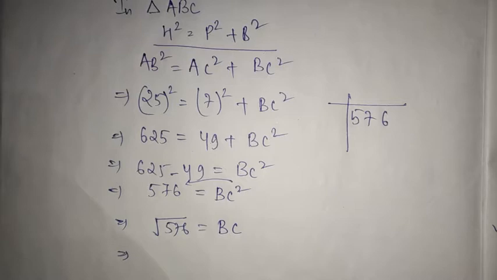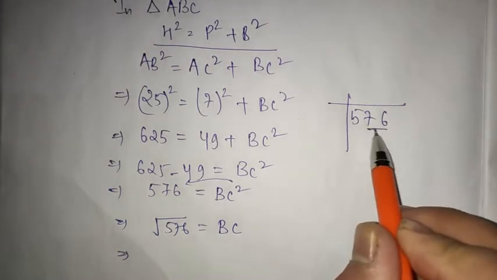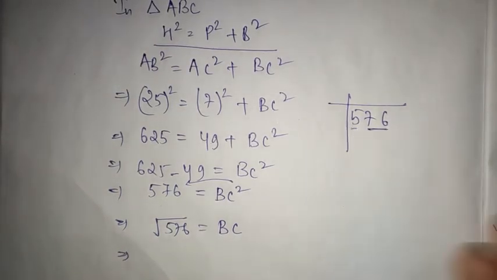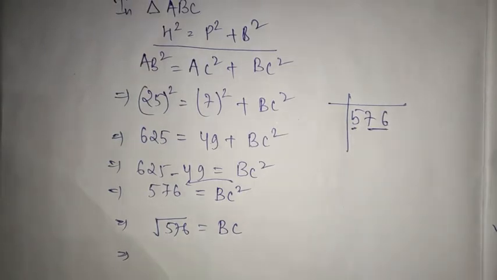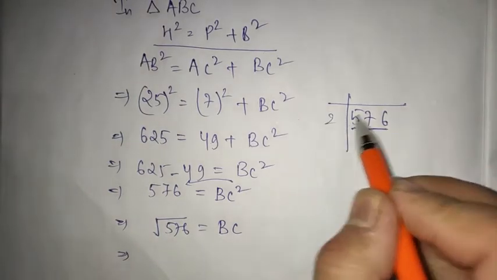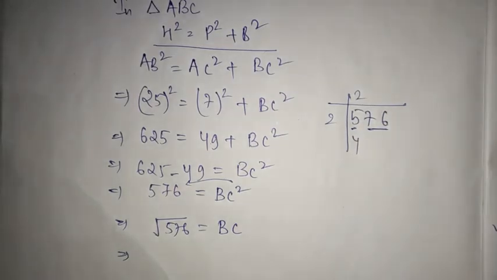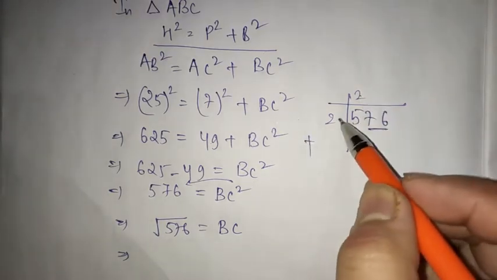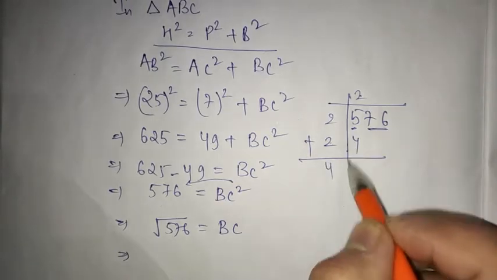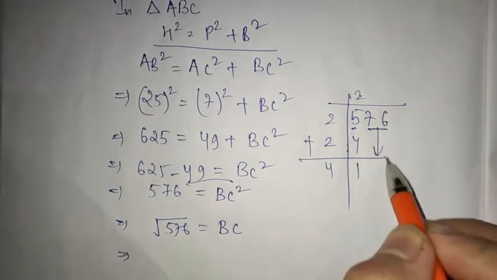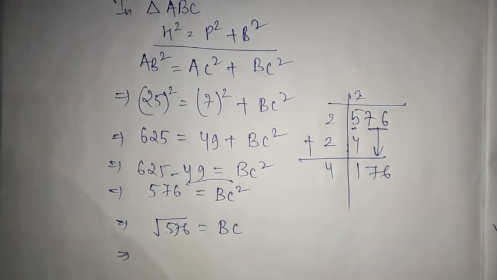Okay, so what to do here? You have to make a pair, the first two from the last right hand side, and 5 will be alone. Now what are you going to use? Of course 2 2s are 4, nothing is left. 3 3s are 9, not possible. 1 into 1 is very small, because 2 is there, which will help you to get the answer. So 2, whatever you have multiplied, you have to add here. 2 plus 2 is 4. Now 5 minus 4 is 1. Now the whole thing you have to take down.